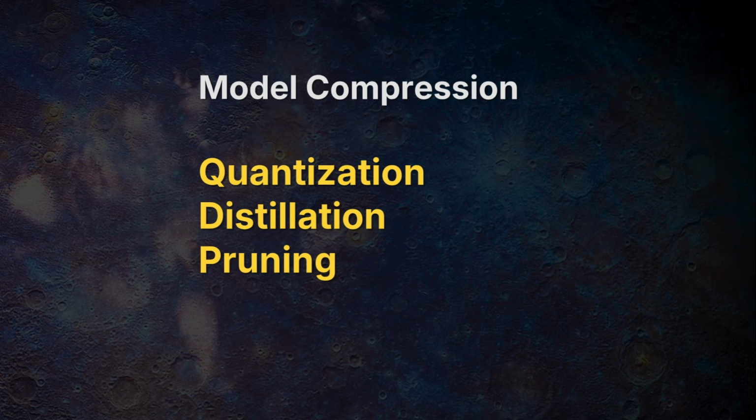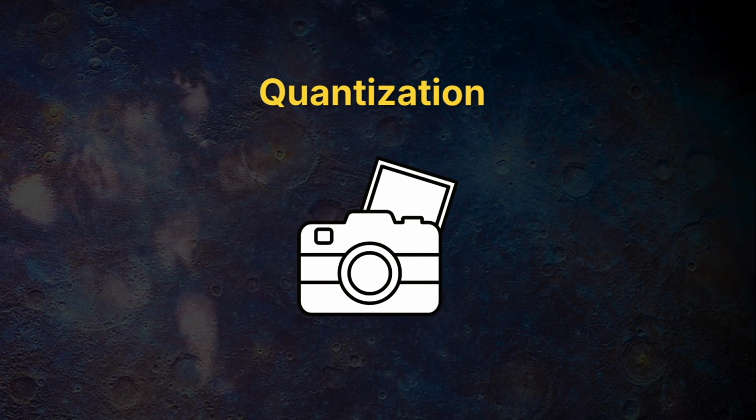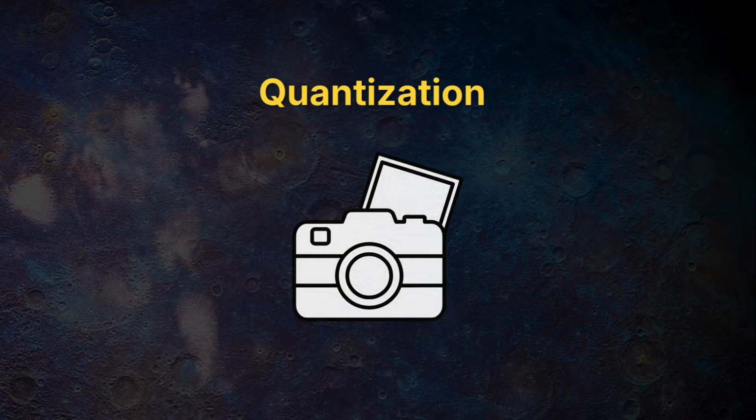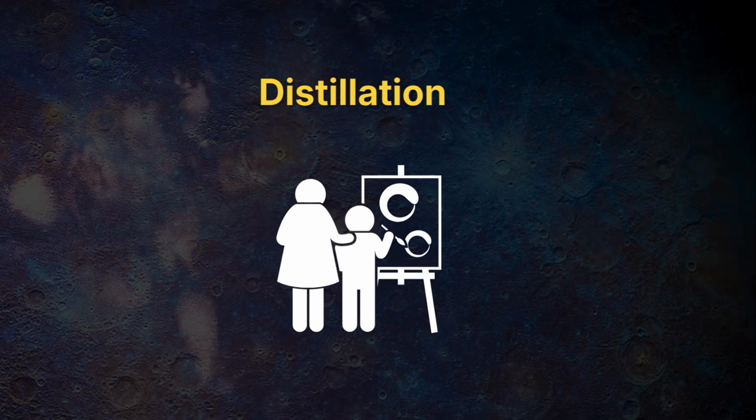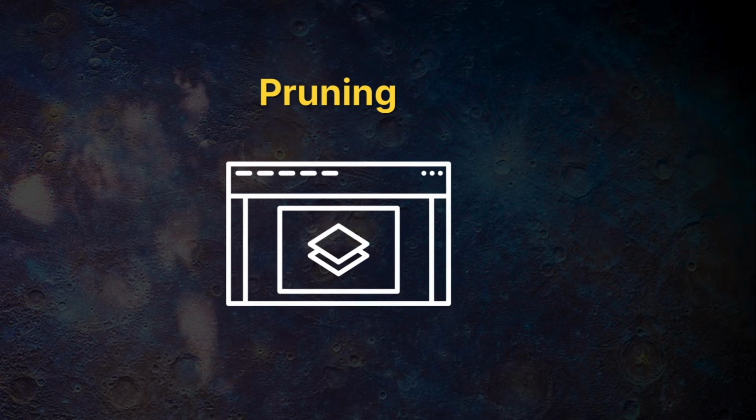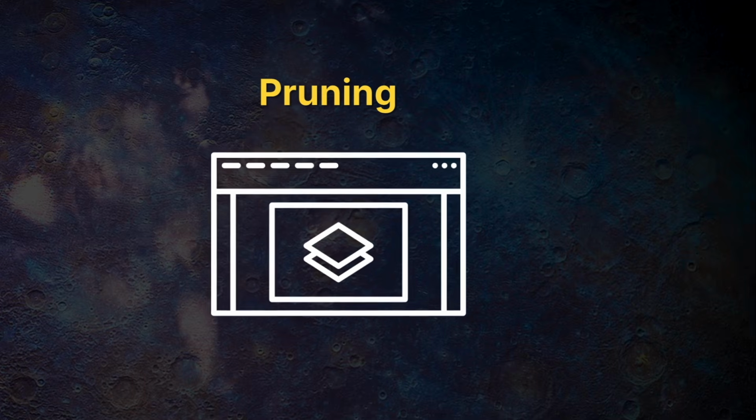This is the third video in a series that I've made to explain how we can make big AI models small enough to run on your device, such as your laptop or even your phone. In the first video, I talked about quantization, which reduces the precision of a model's weights so it takes up less space and it can run faster, and sometimes with very little loss in performance. And then I talked about distillation, which is about training a smaller student model to imitate a larger teacher model. Now, in this video, I want to talk about pruning, which is about removing parts of a model that don't